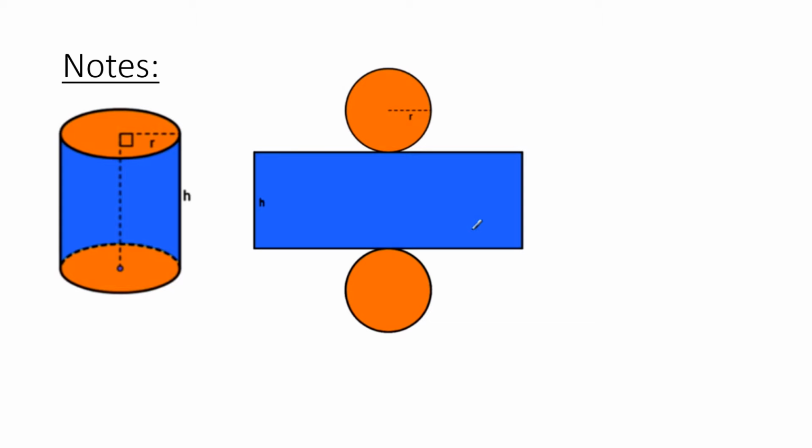Hi everyone, so today's lesson we're talking surface area again, so it's surface area of a cylinder this time. Right, so the first thing I want you to think about is the surfaces of a cylinder here. So if you look at the first one, we've got a cylinder here. If I was to stretch that out as a two-dimensional net, this is the shape that we would get here